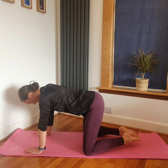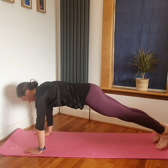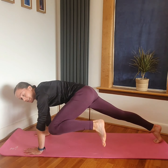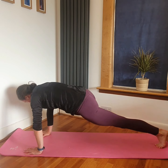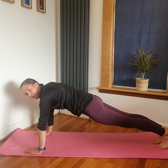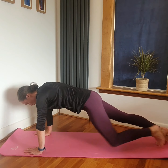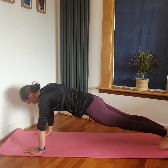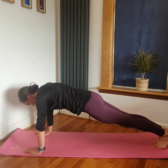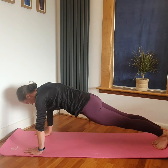Forward you come again into our full plank. Now if you'd rather stay on your knees, stay here. If you're able to come up, we're going knee to elbow. Pause and back down. Opposite side, back down. So these are either Spider-Mans, mountain climbers, nice and slow. Blow out. Back down. Keep the back nice and solid. Keep breathing through it. Another 4, 3,